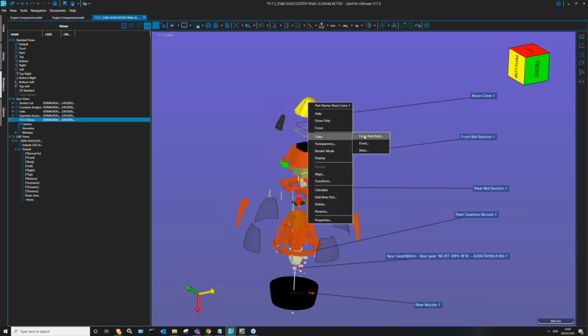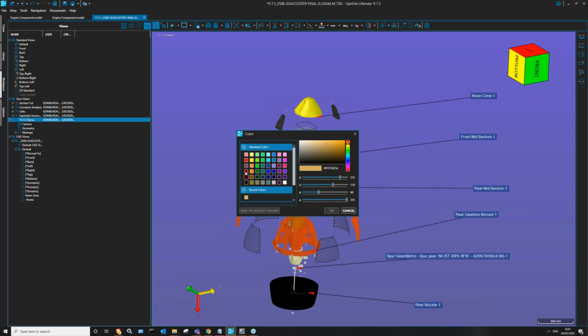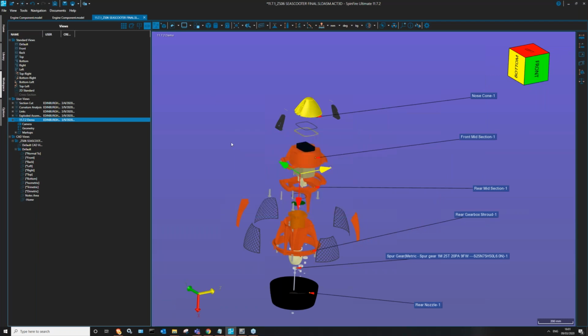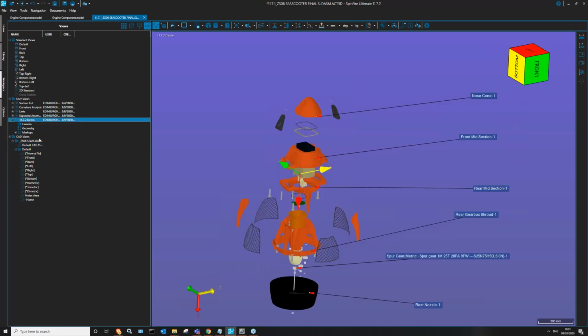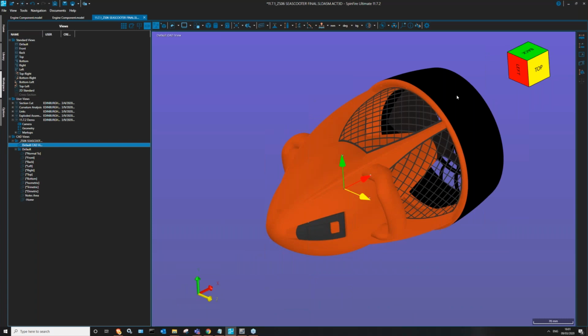And that's the same with any color changes I make. So let's do a pink. Okay. And then if I go back to the default view, you see it's only pink now in that user view. It was pink. So now